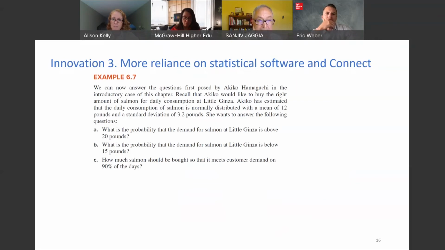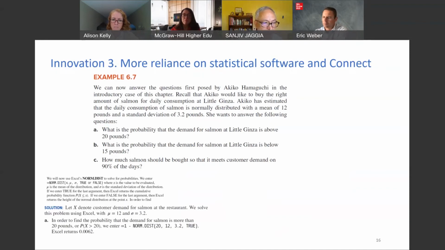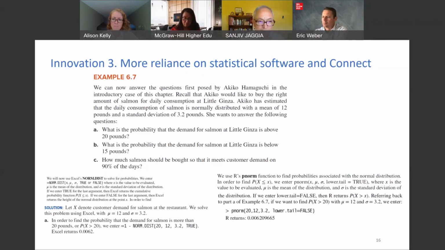But once they have done that, we don't have to standardize it to Z and then look up the Z table, which is always rounded to 2 decimal places and gets into these rounding issues. And as the GAISE report suggests, whenever possible, we should stay away from these statistical tables. Next part, please. So once you have that, you can see that in Excel, again, we explain all the functions. It's just a question of plugging it in, and there comes the answer. And the same thing with R, where you just plug it in and you get the answer.